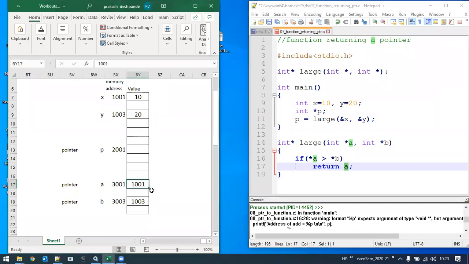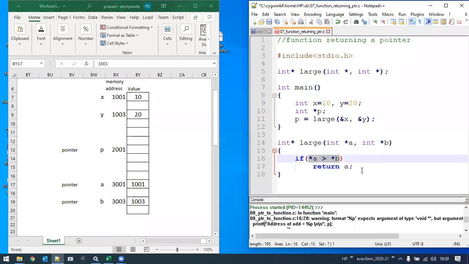Is this 1001 a memory location? Yes, sir. That means whatever we are returning matches our return type. We specified a pointer, which contains a memory location.